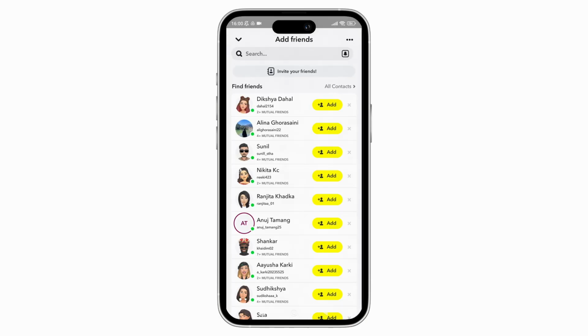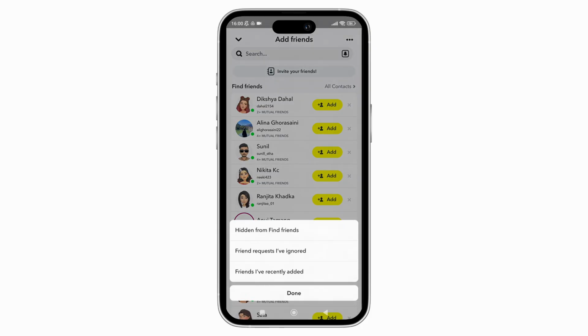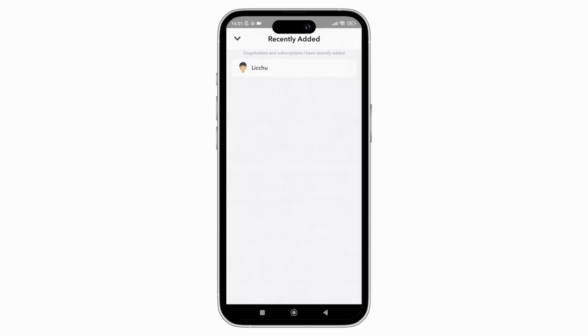And now here, once you see the interface like this, just tap on the three dot icon shown in the top right corner of the screen. And now here, from the pop-up menu, just tap on Friends I have recently added. And now here, on the next page, you will see all friend requests that you have sent and haven't been